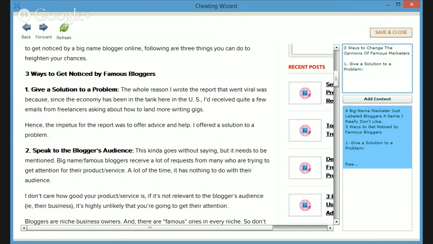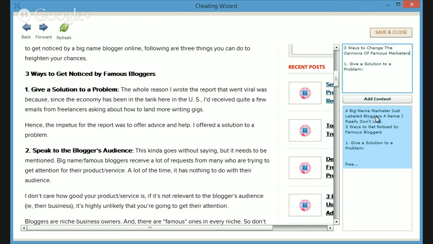See, the whole thing is, the cheating wizard is not a way to steal content. It's a way to tailor content to your needs. Now, you're not there to try to steal their stuff, but you can tailor it to answer the same questions you're trying to answer, but in your topic. So, if you want to get noticed by famous bloggers, great, this is the way to do it.